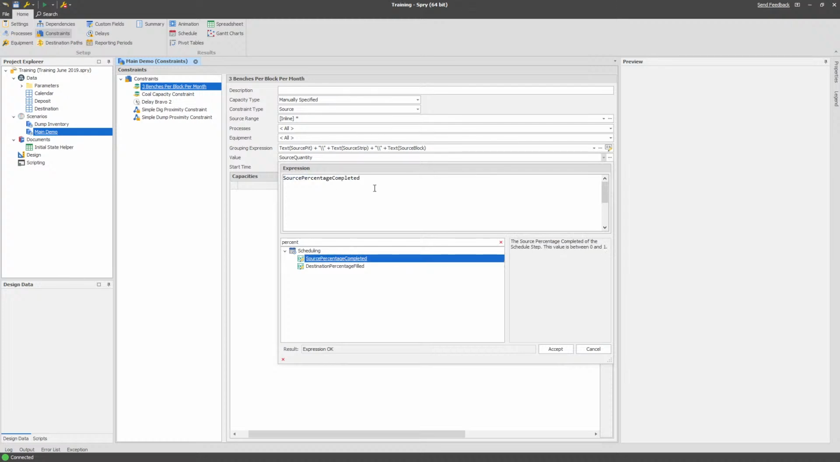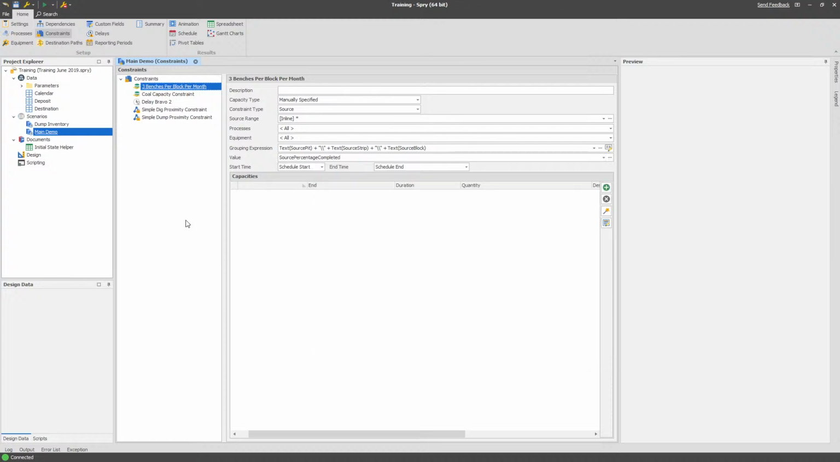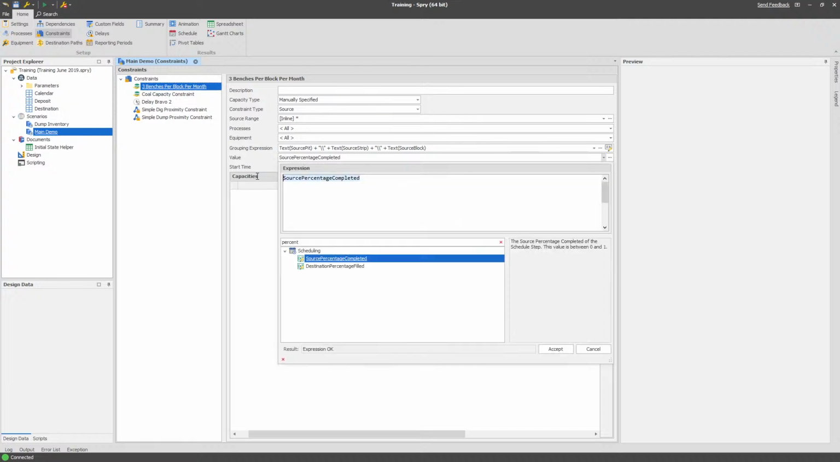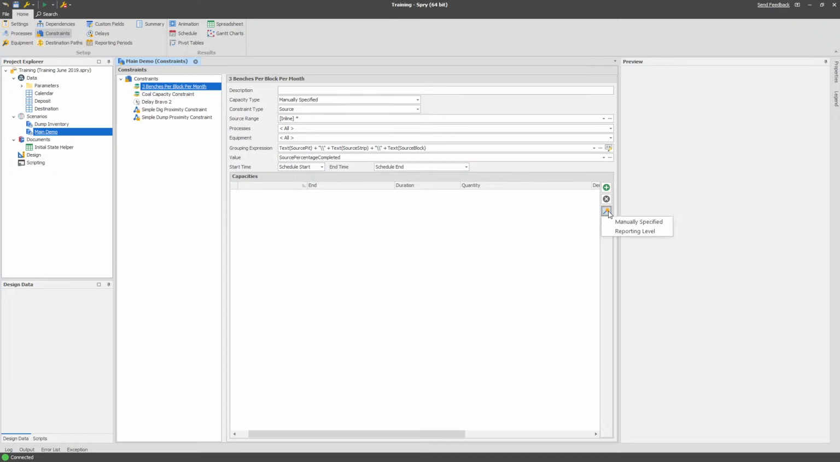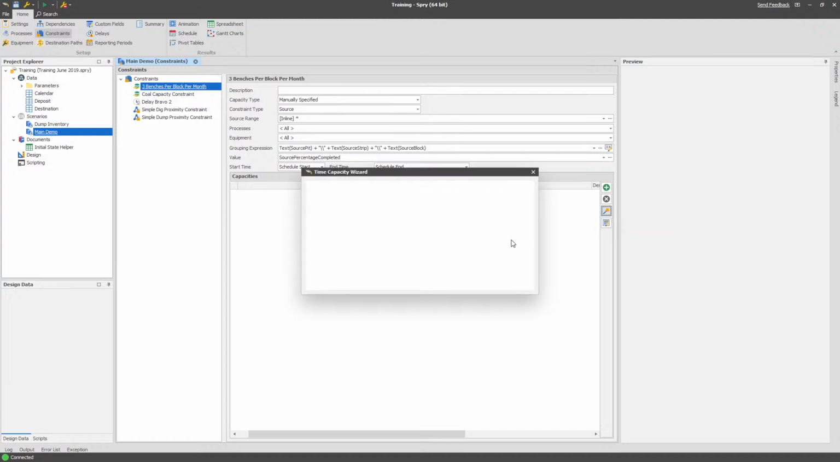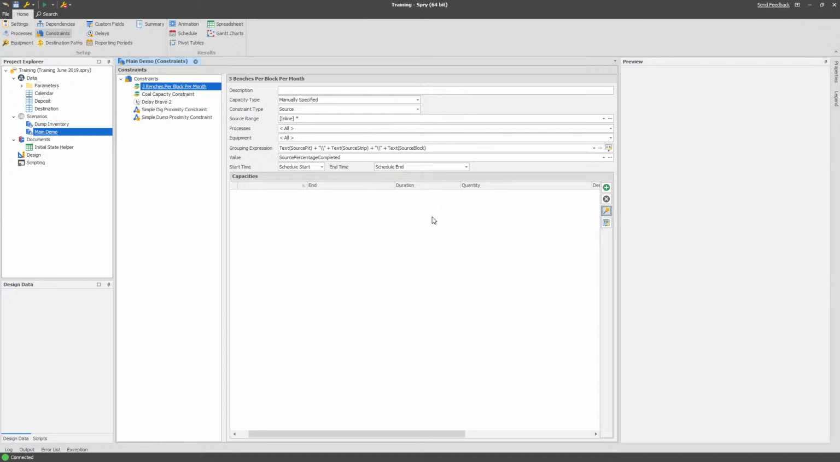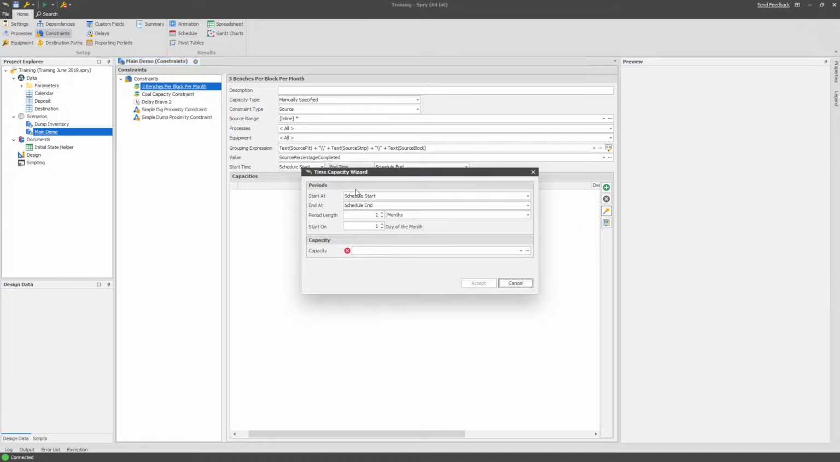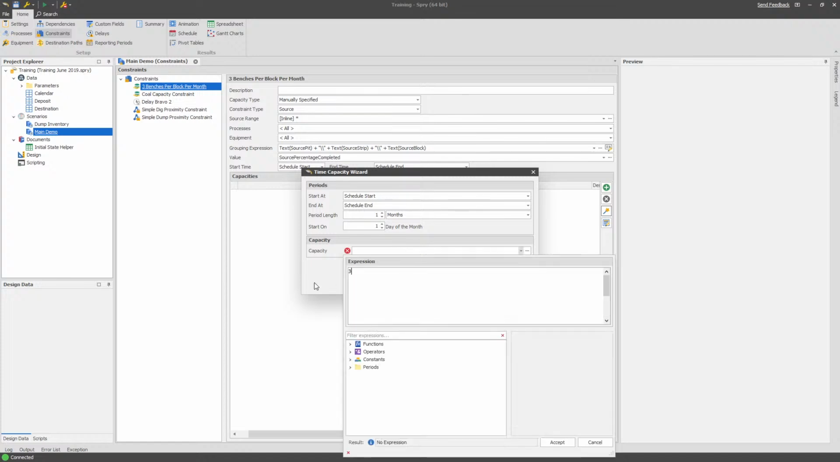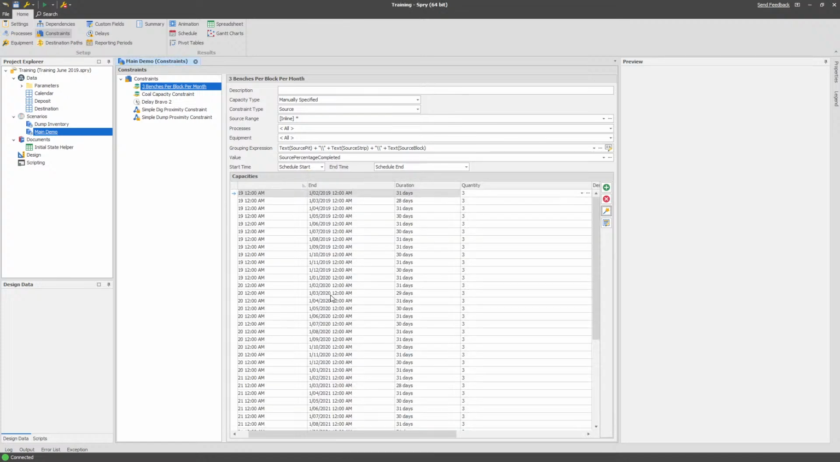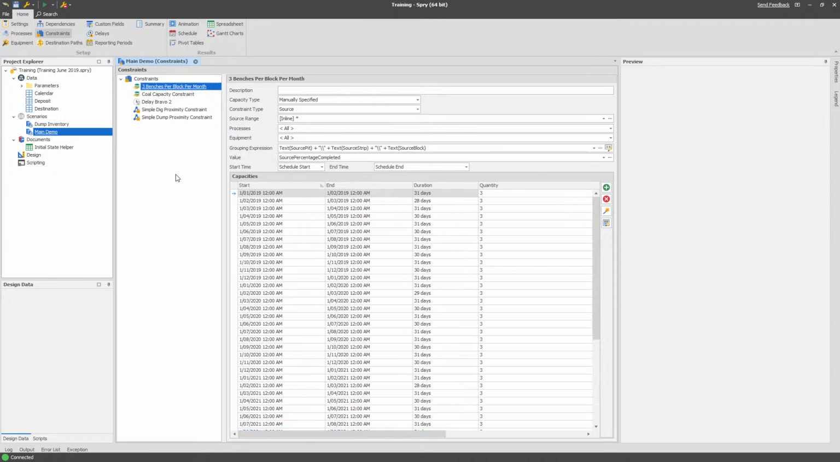What this allows me to do is work with a number from 0 to 1. If I finish a block, it's 100%. If I finish another block, it's another 100%, which would equal 2. So if I want to do no more than 3 records in a given month on a block, then it's going to be the number 3, because each of them is from 0 to 1. So I use the wizard now, manually specified, but you can use your reporting levels if you like, it doesn't matter. Then I'm going to go every month from the schedule start to the schedule end. My capacity is going to be 3. And that's it. So now if I rerun my schedule,